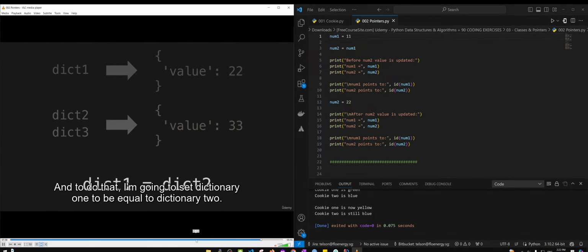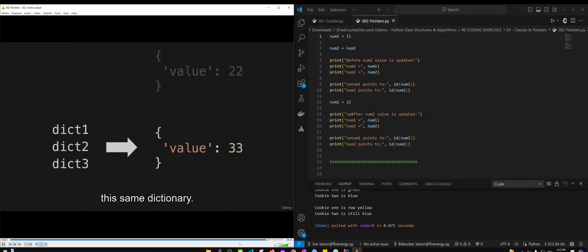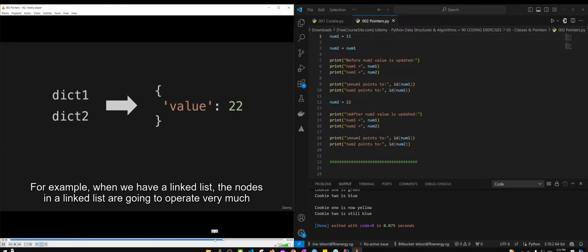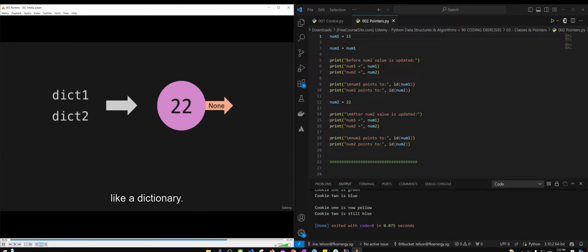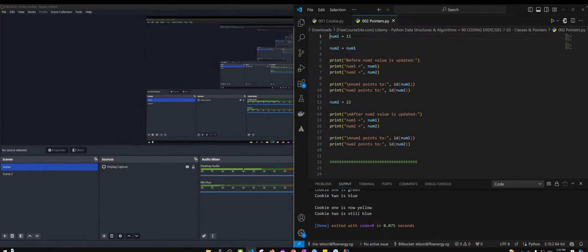And to do that, I'm going to set dictionary 1 to be equal to dictionary 2. And of course, that's going to point that down here. And we'll have all three variables pointing at this same dictionary. For example, when we have a linked list, the nodes in a linked list are going to operate very much like a dictionary. So if you have two variables that point at the same node, you can change the